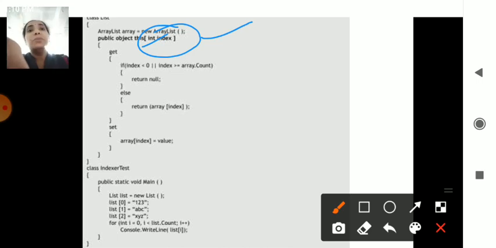It will be using the get and set properties, where if the index is less than 0, or greater than the array elements present, then, I take here 0 to 2, nothing but 3 elements are there.